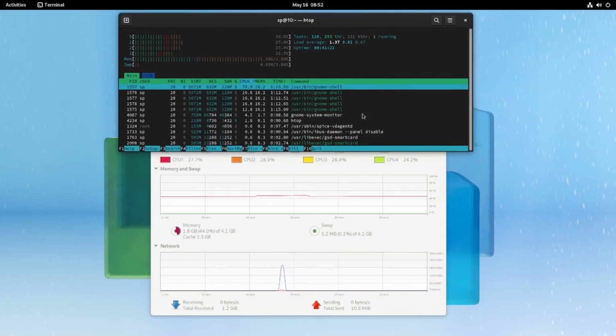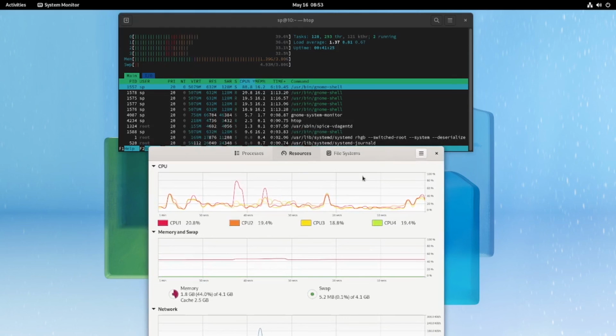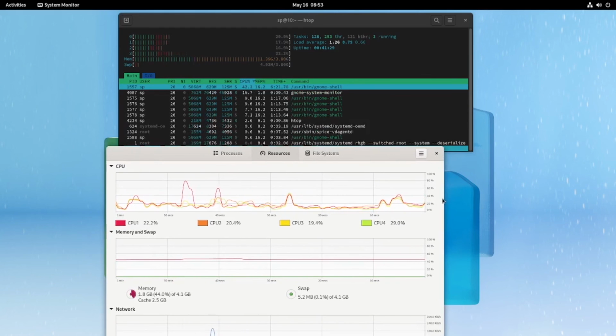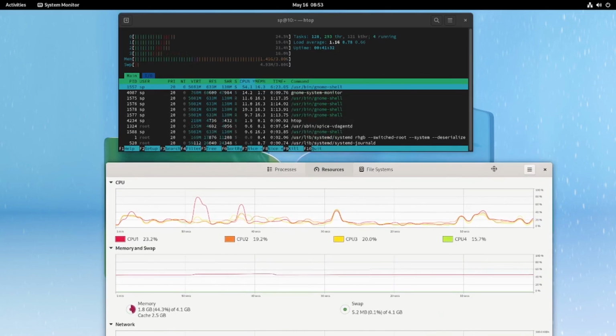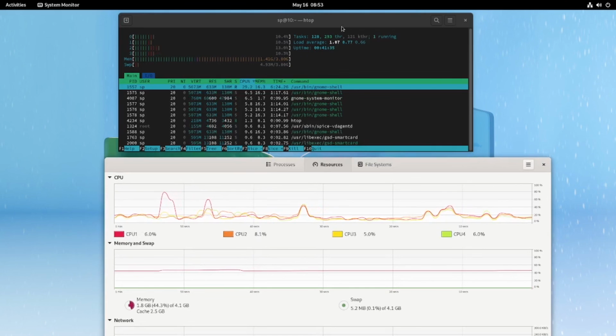So it's different between the system monitor from GNOME and the system monitor in htop.